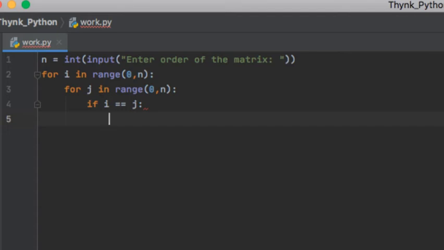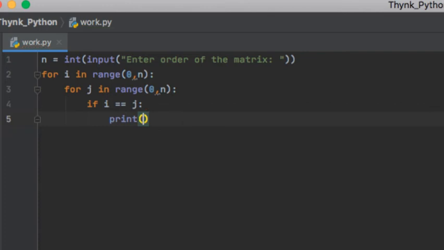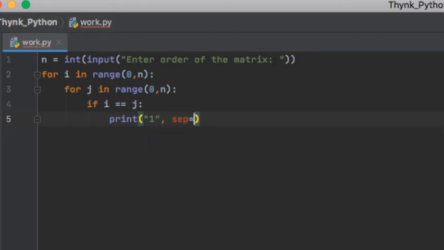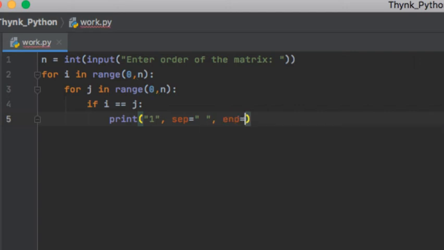So for the outer iteration, the first iteration, that means for the first row, when i becomes equal to j, I need to print a 1 here. So I'll say print and I need to print a 1. Now I want this to be separated by some space, so I'll give a space here and I'll want to end it again with a space.